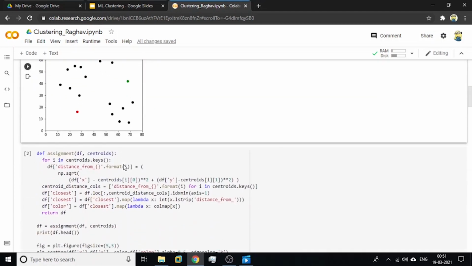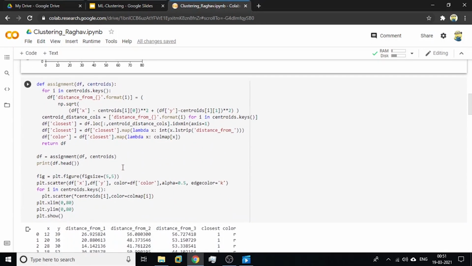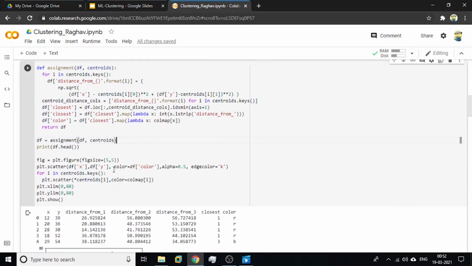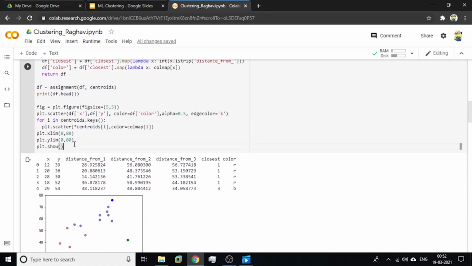Now that we know our initial starting points, next is the assignment stage. This block of code is basically to assign each data point to the nearest cluster. We pass the data frame, the df variable, and the centroids, and we plot the graph.